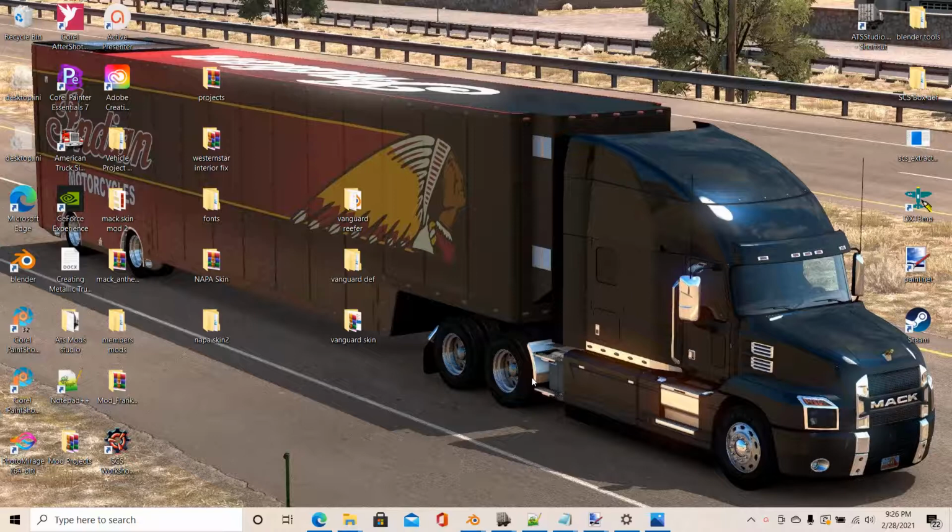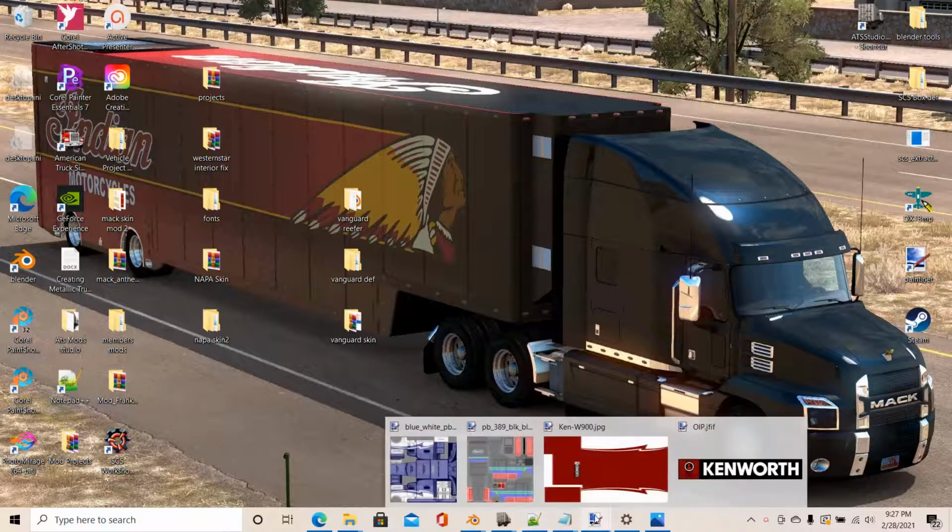I get questions from time to time about how to make color changing metallic skins, and I thought I'd put together this short video to explain how metallics work in the American Truck Simulator game and how to create a skin. For this one particular truck, we're going to work with the Kenworth,